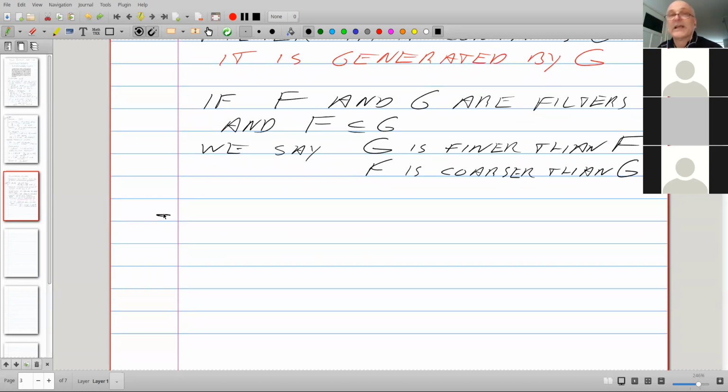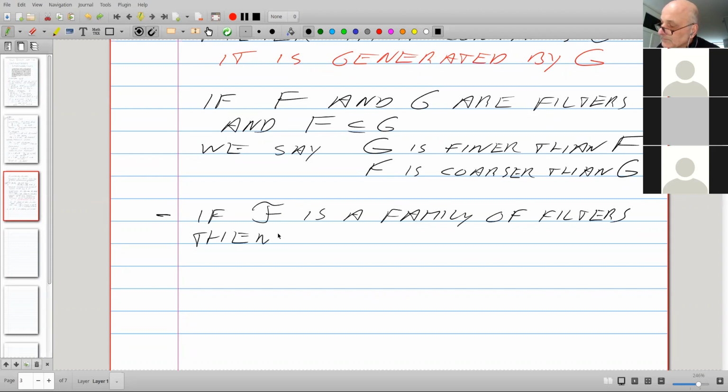The first, slightly less so than the other: if you have a family of filters and you take the intersection of that family, then you get a filter. Really? Well, is X in the intersection? Yes, because it is in every member of the family.